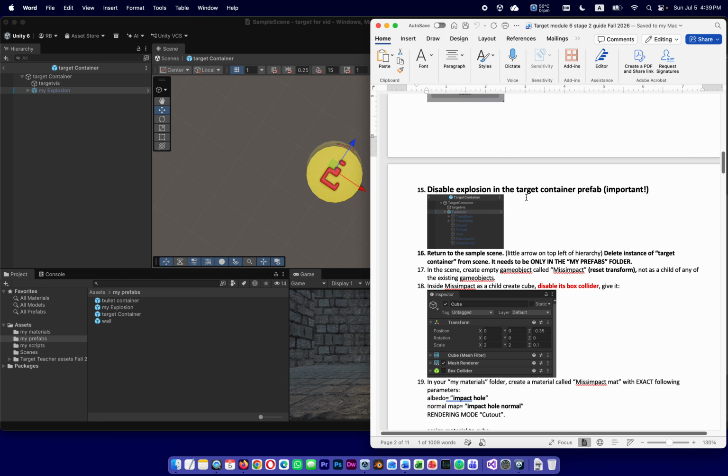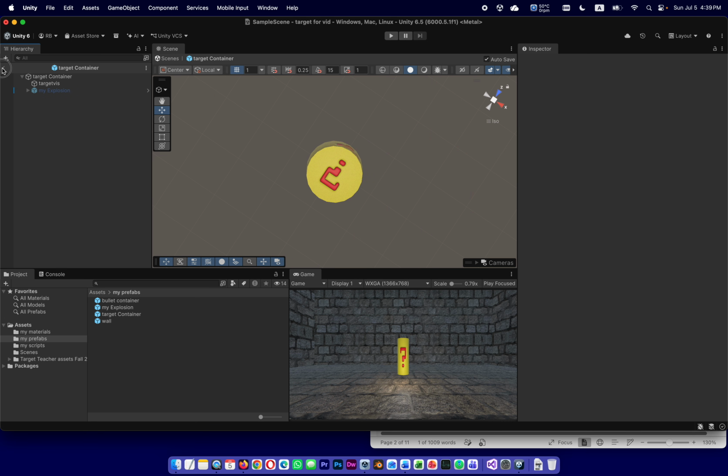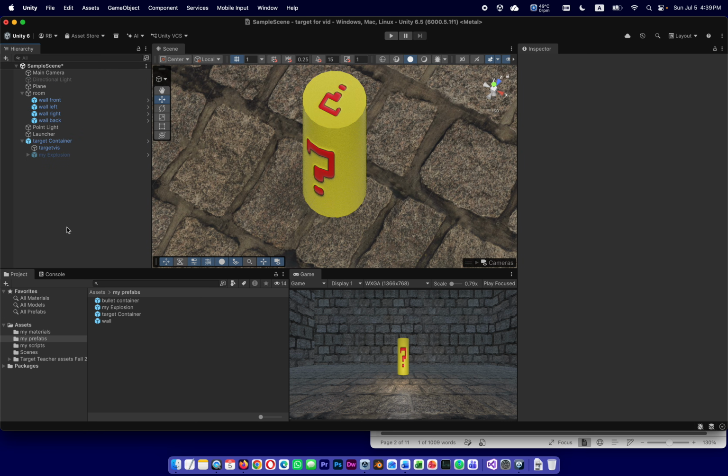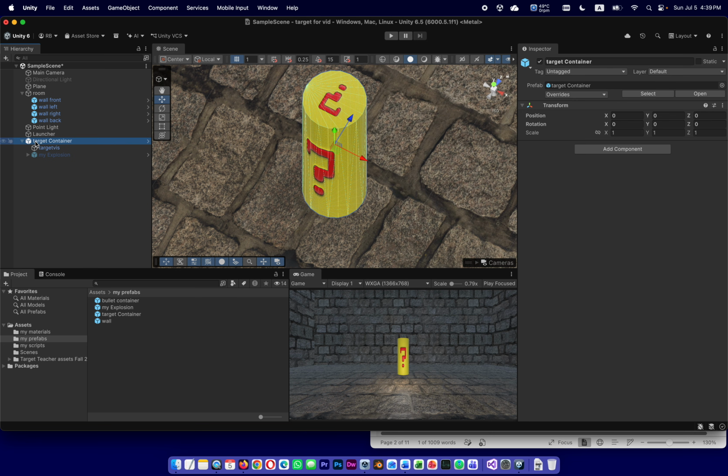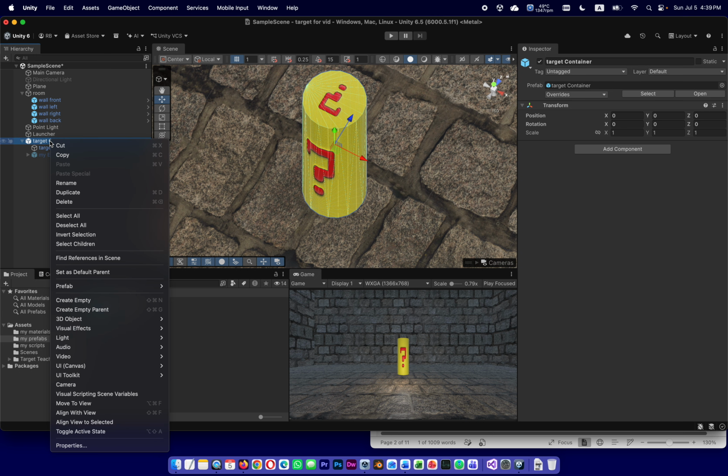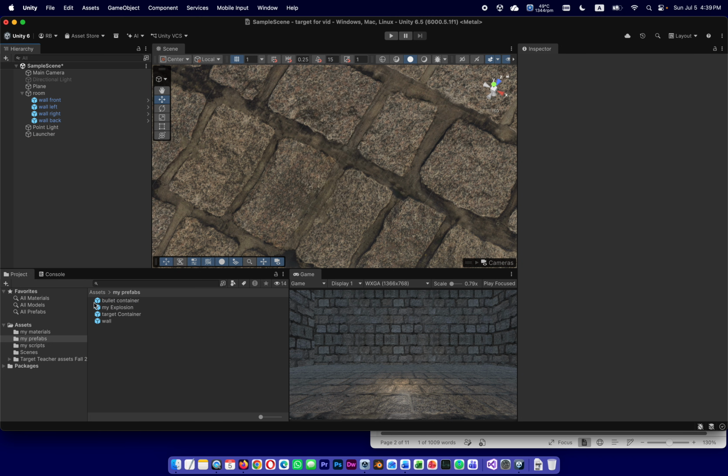So we got to step 15, where we disable the explosion in the target container and return to the sample scene with this little arrow. The other thing it says is to delete the instance of target container. We used it here to build it, but now we don't need it in the scene. As soon as we have it in the prefabs, we don't need it anymore. If we ever need to re-edit it, we'll edit it as a prefab. Delete. So it's only in the